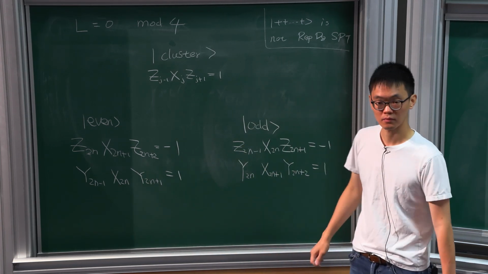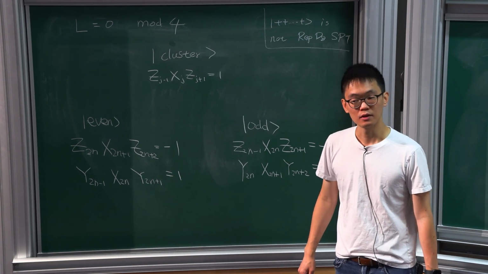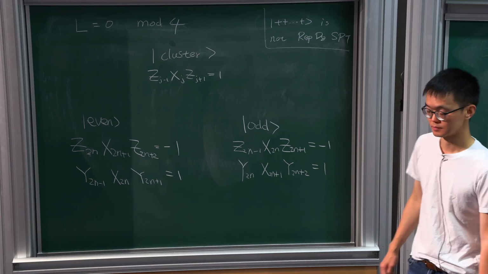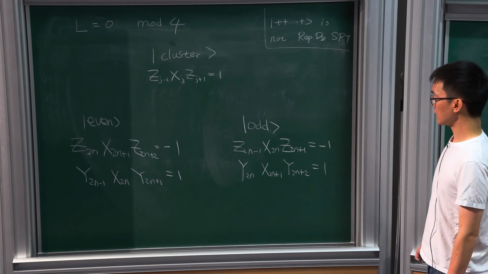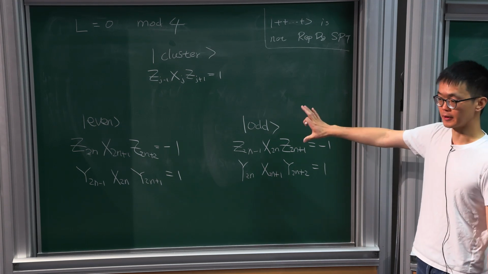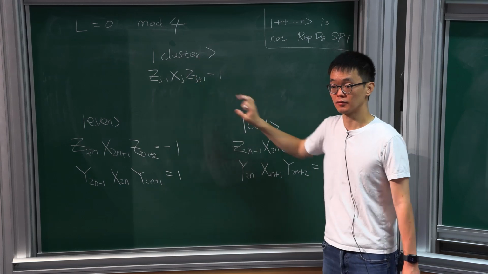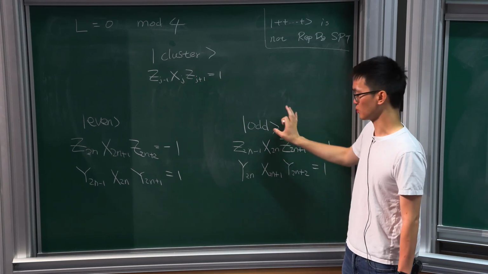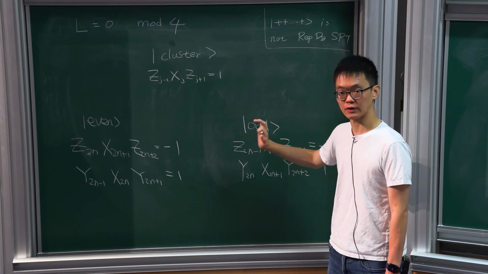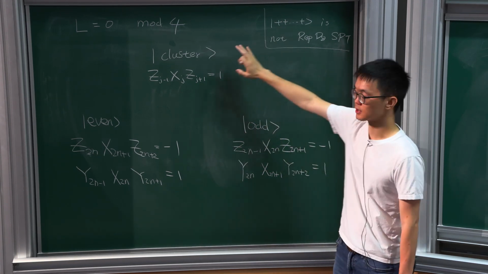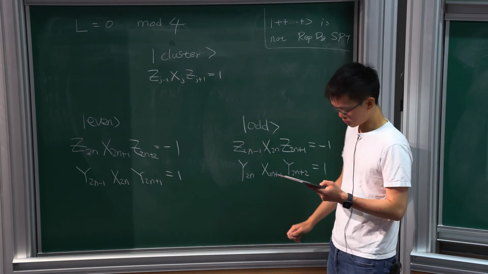So these three states will have different string orders. That's basically how we derive it. Okay, good. So this is the claim. This gives a very explicit definition of the three states. Well, this tells you what the states should satisfy. But you can also write down the states very explicitly in terms of either the product state or the cluster state. Now, the first comment I would like to make